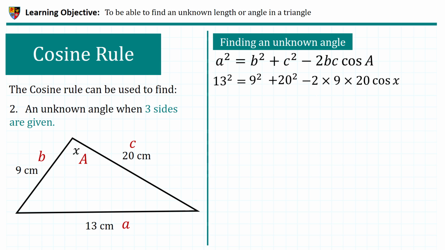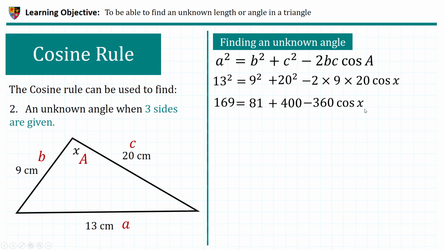Well, we need to make x the subject of the formula, don't we? And if I was doing this all in one with a calculator, I would immediately go into making x the subject of the formula. But I'm going to take a more traditional approach based on what I've seen over the years and what most people will do at this stage, and it's perfectly fine if you're comfortable with this, which is to square the numbers. So 13 squared is 169, is equal to 81. 9 squared is 81 plus 400. That's your 20 squared. And then you would work out the 2 times 9 times 20. That's 18 times 20 gives you